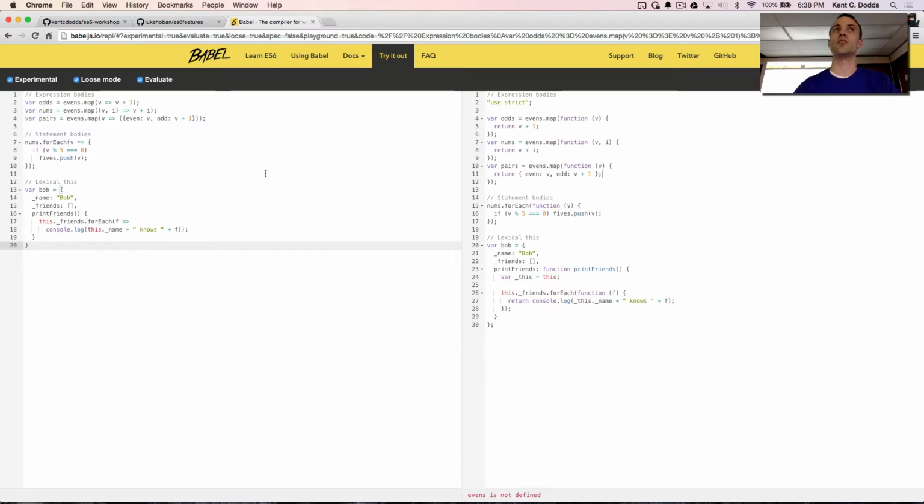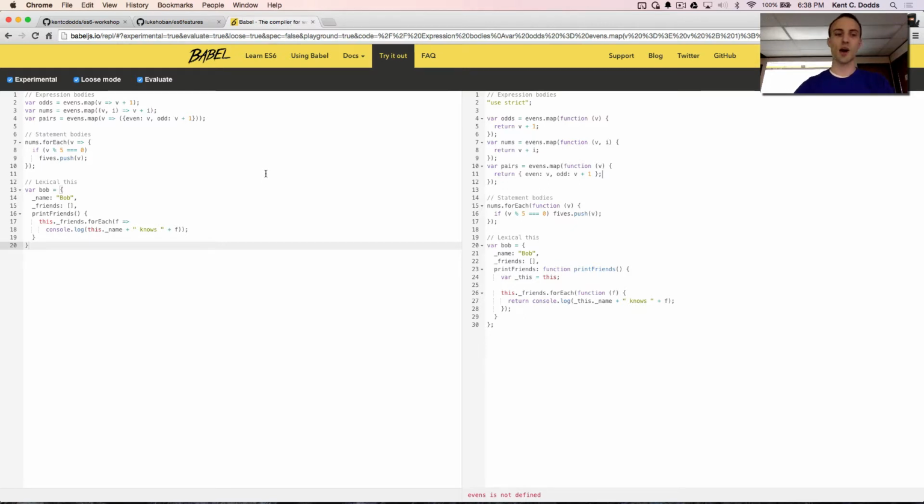But you can go here and you just paste in the examples, and then you can see the ES5 equivalent to that example. So yeah, I'll talk a little bit more about Babel toward the end, but Babel is what makes it possible for you to use ES6 today in your projects. And that's critical that you understand that just because ES6 is not implemented in today's browsers doesn't prevent you from using it in your projects today.